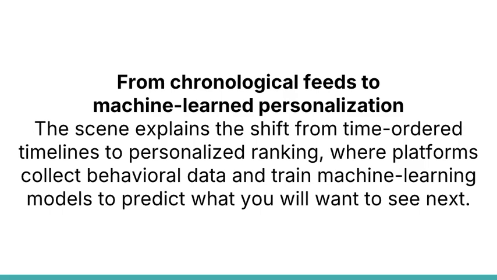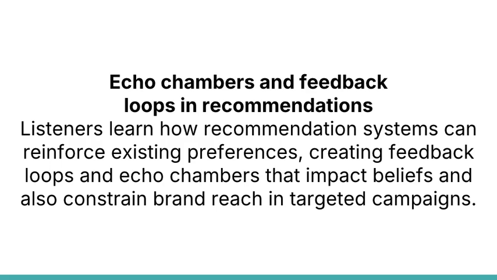The technical heart of this is recommendation systems. These systems use techniques like collaborative filtering, where the algorithm looks at what people similar to you enjoy, or content-based filtering, where the system analyzes the attributes of posts you've liked before. I've seen this in action with automotive clients trying to run targeted ad campaigns on social media. The platform's algorithms automatically tune who sees the ads based on signals like age, interests, and previous behaviors. But these recommendations are a double-edged sword. They can work brilliantly to engage customers, but also reinforce certain biases.